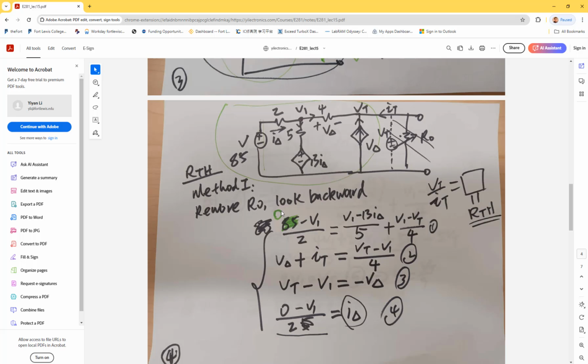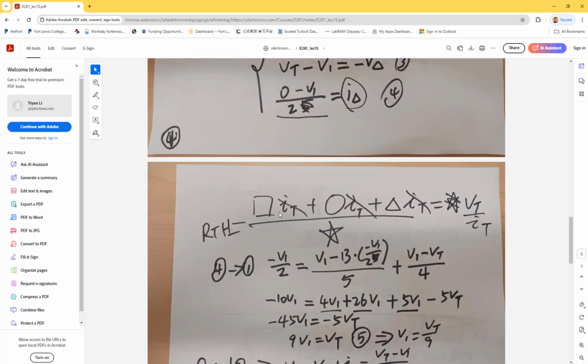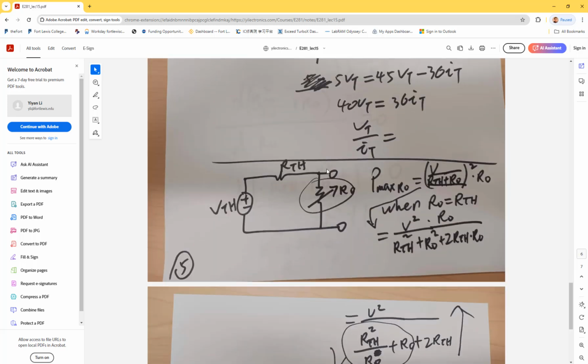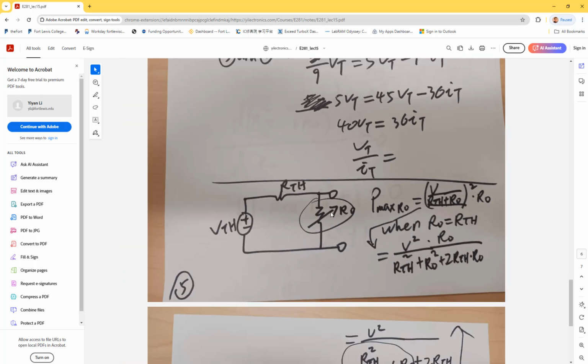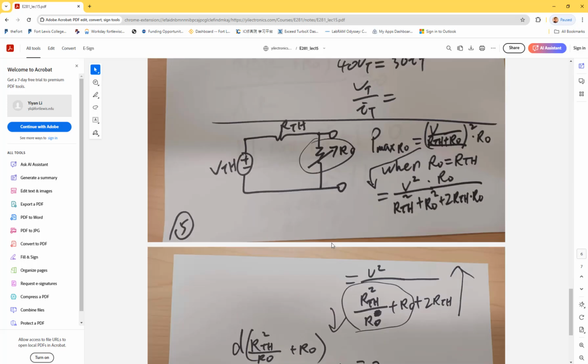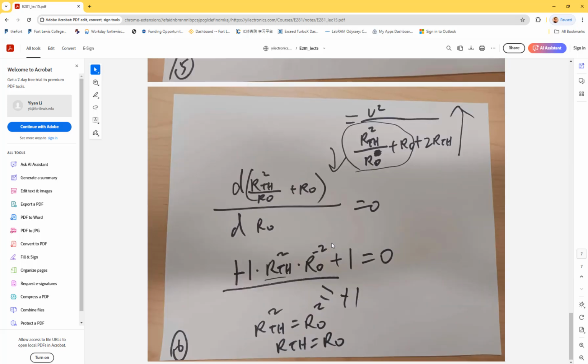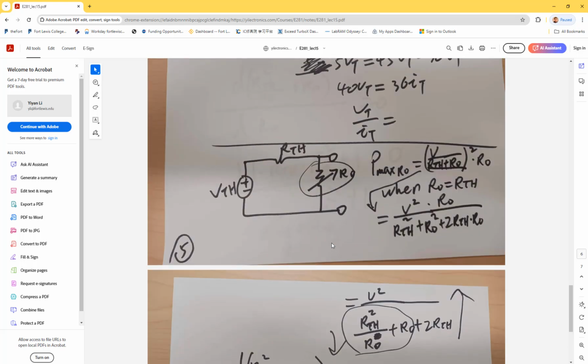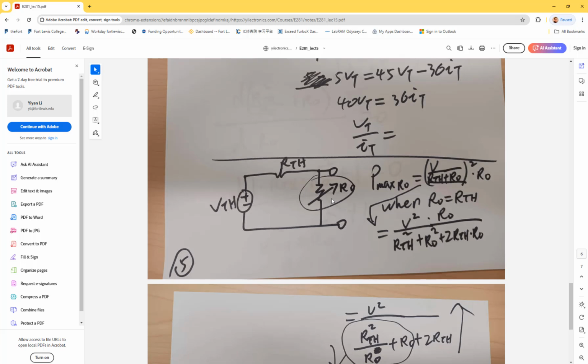So let's get into that. Following this, you can find out VT over IT. It's already documented. You can definitely do that. For the maximum power delivered to this one, it's a trap. I answered that question on the online forum; some students asked it and I answered it last week actually. So what's really happening? Let me see if you can follow. It's another limitation for equivalent circuits. So you are probably trying to use